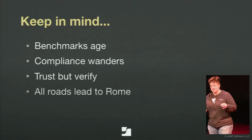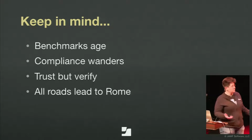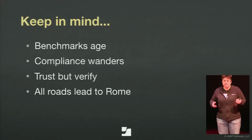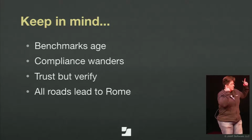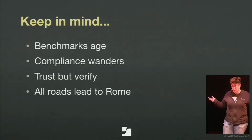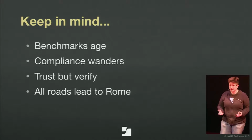So there are some caveats to this whole workflow. This is not perfect. It's not a completed product. And it's going to be out of date almost as quickly as Chrome updates, right? These benchmarks, they age. They change over time. Priorities change from organizations. The compliance tools that are out on GitHub are for El Capitan. I haven't written one for Sierra yet. I don't know how different it's going to be. But